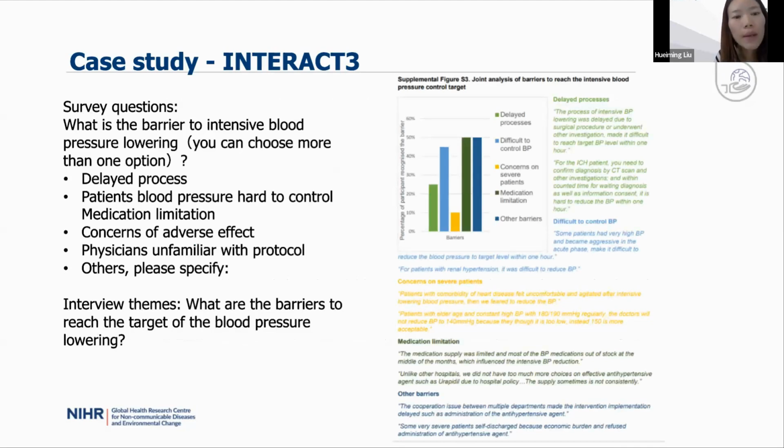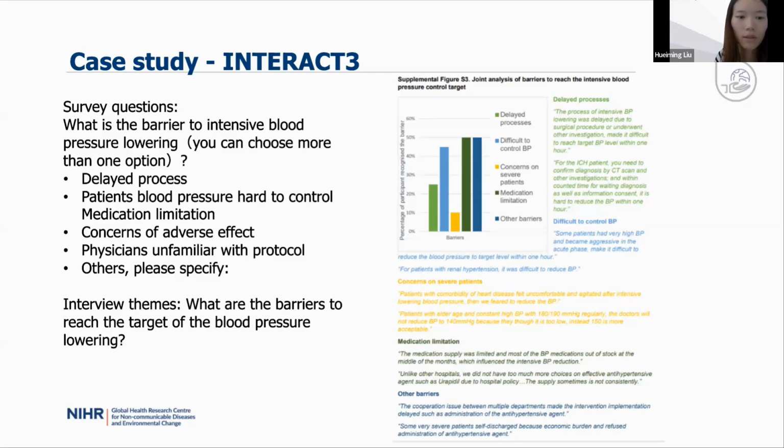As you can see, we have the same or similar question regarding one topic. For example, we want to know the barriers of intensive blood pressure lowering, as one component of the Interact 3 intervention. So we had some knowledge about the barriers from the focus group discussion. So we developed the quality control survey based on the options related to barriers and collected the survey in a group of